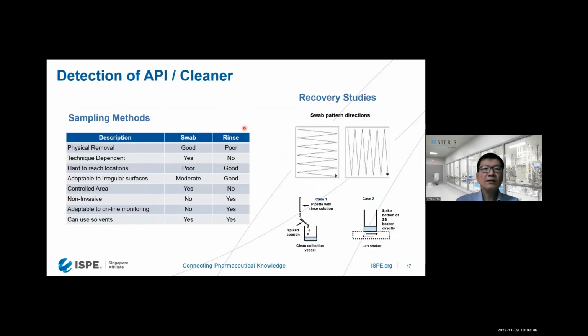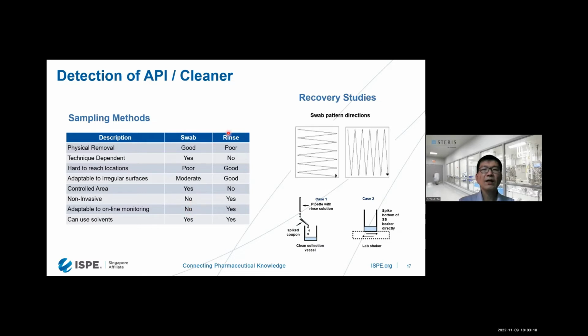So for the sampling methods, of course, during the cleaning validation, sampling is very important. You typically have swab and rinse samples. So swab samples, of course, the physical removal is good, but it's very technique dependent. You swab on the specific locations, of course, hard to reach locations. Sometimes you cannot reach every part of the equipment. Invasive as well. You need to dismantle some of the piping if you want to swab certain areas in your